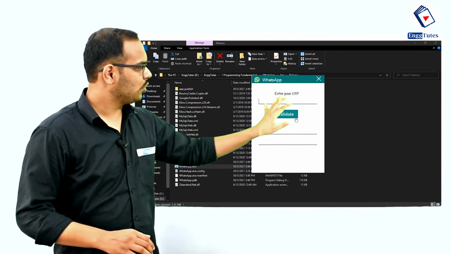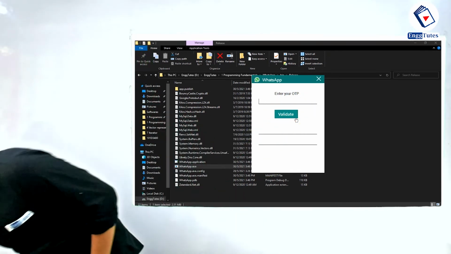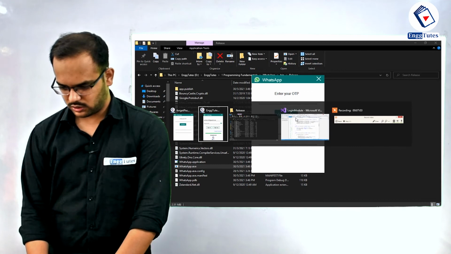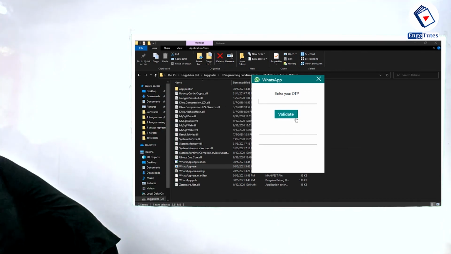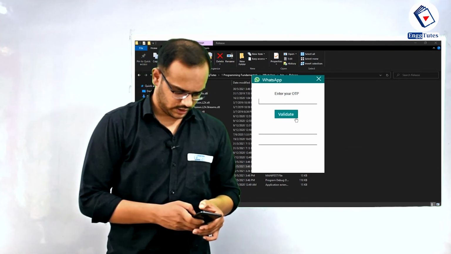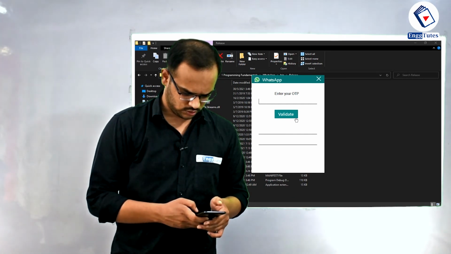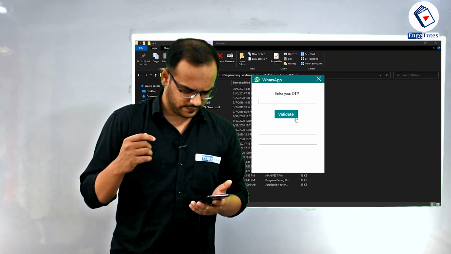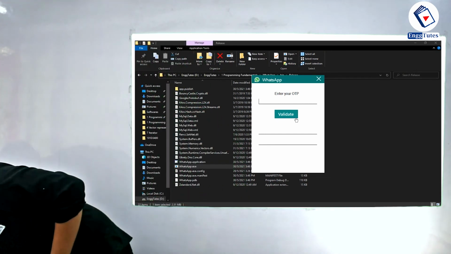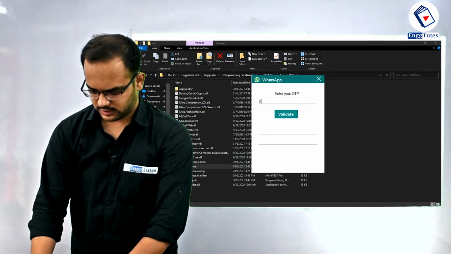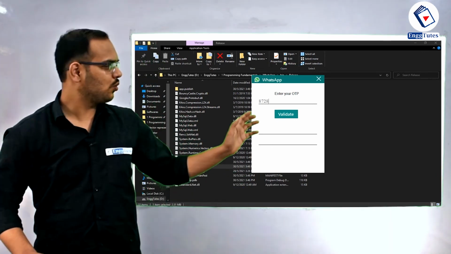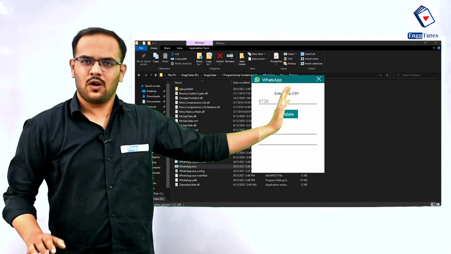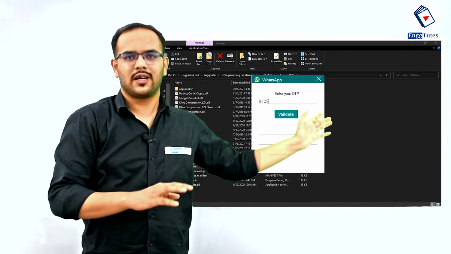Enter your OTP, and let me check my email for what the OTP was. I can access it through a phone also. Yes, I got the OTP 8728. So 8728. Done. For now, for creating the front end, you can enter any value.